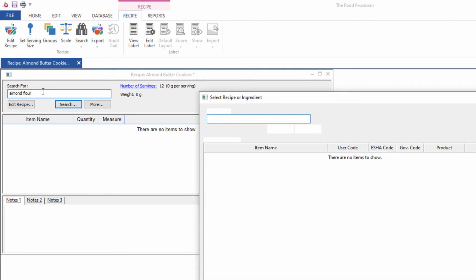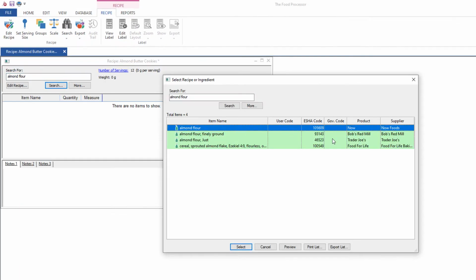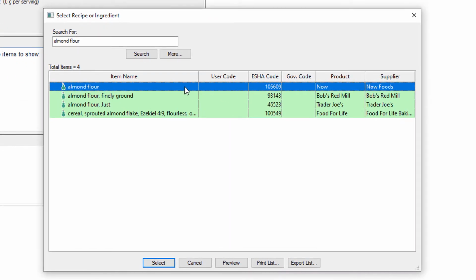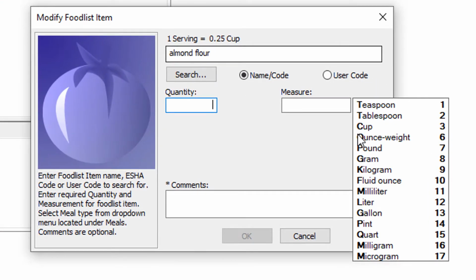That's my first ingredient. So it's not super popular. So ideally you want to get ones that say USDA approved, because this is not a very popular item. You're just going to pick the best thing there. So I'm going to just choose the first one, almond flour, and you may have to just play around with this one, but it's